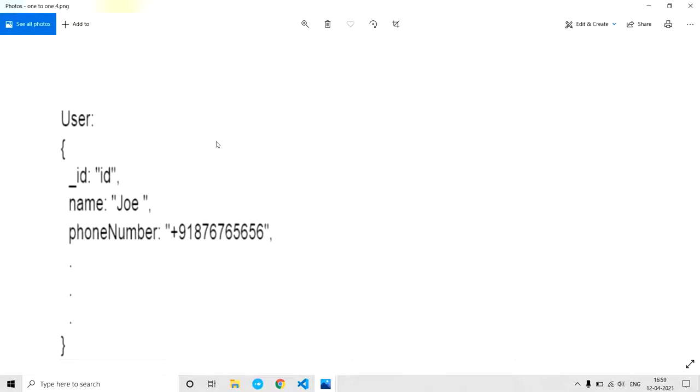because always the foreign key should be in the child table. If we have 15 one-to-one relations, we are storing 15 different keys in the user collection. So let's not store the foreign key in the parent collection, let's store it in the child collection. This is also one best practice.